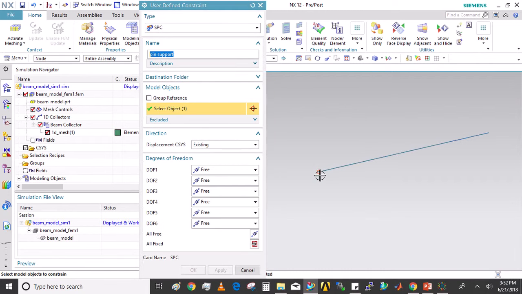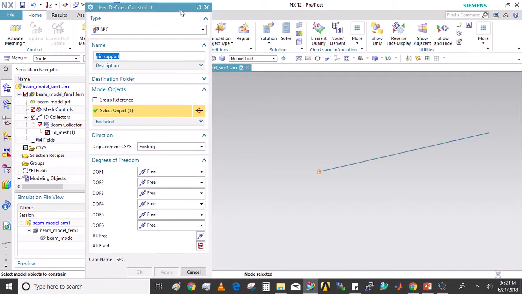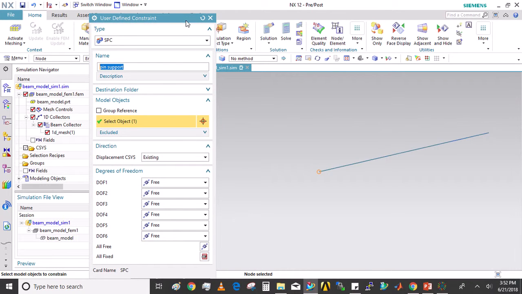So we'll select node 1, which is the left end of the beam. Now the pin support or the pin joint will allow this beam to bend about the z-axis, but it will constrain all the other motions. So for this problem, degrees of freedom 1 to 5 have to be fixed and 6 has to be free.